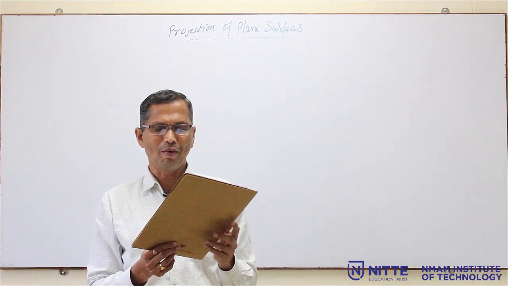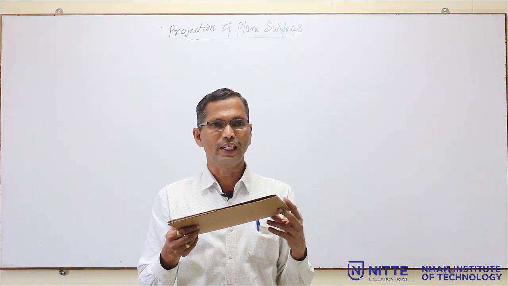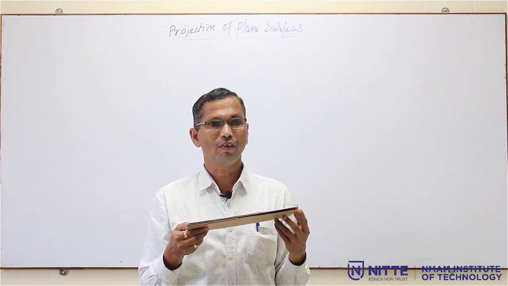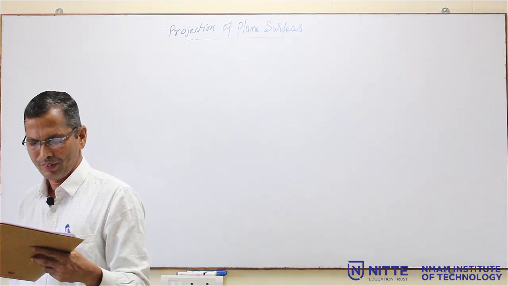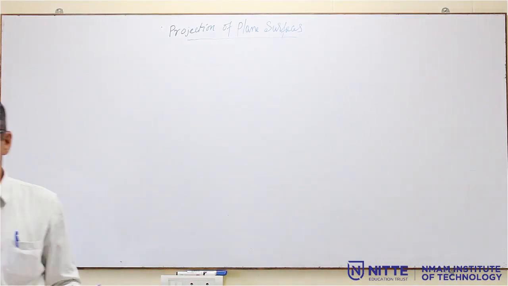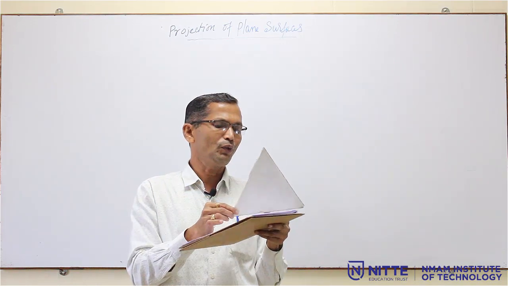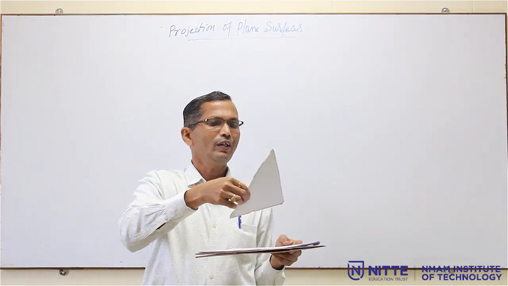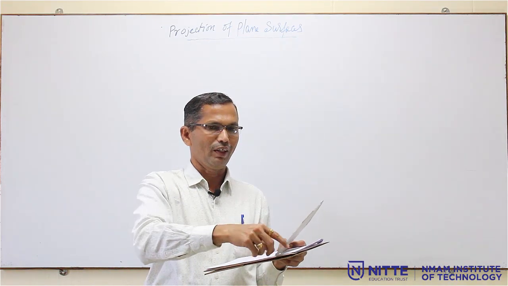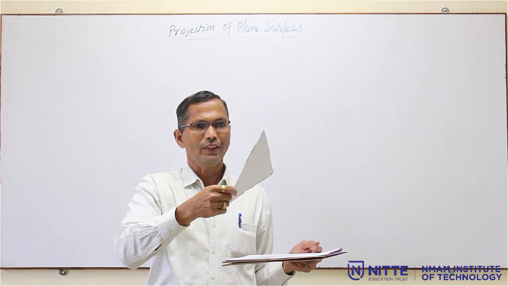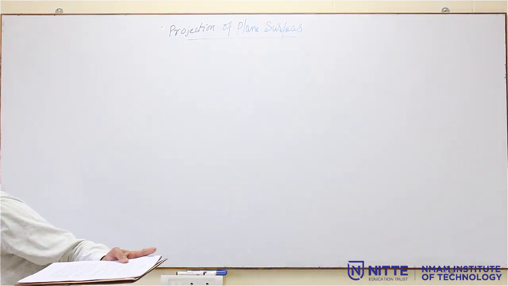Now, this type of problem, where the top view looks like a square or the front view looks like a square, or in the triangular lamina also they may give. If there is a triangular lamina like this, if it is an isosceles triangle, isosceles means two sides are equal. If I go on tilting at some angle, all the three sides will be equal in the top view. So an isosceles triangle looks like an equilateral triangle. So, that is a type of problem.